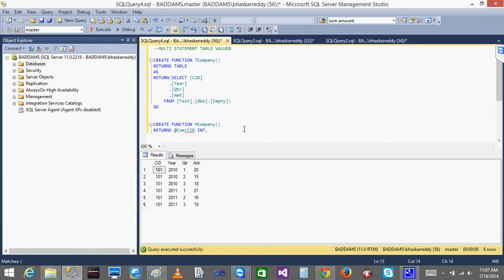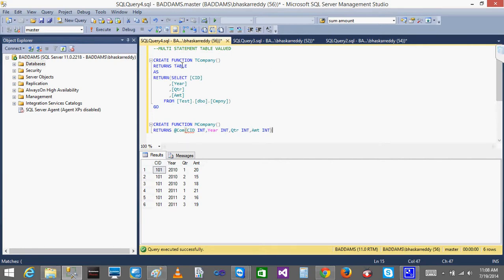Let's check. Yes, we should not pass it here, because we are creating a table variable @CID, and I'll name it as integer. After that we have quarter, QTR, I'll name it as integer. After that we have one more, amount, I'll name it as integer. So this is the way.